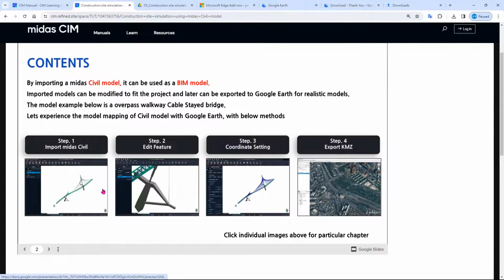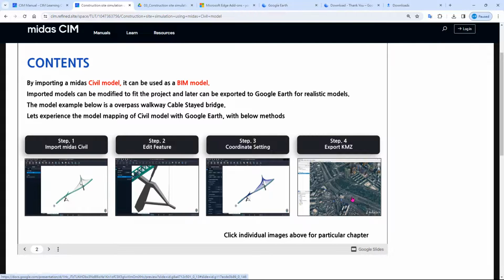And after that, after you have the model, you can edit some of the features. So maybe if there are some sections with different area, and it is not tapered, you can merge them, you can edit them with the tools that we have. And then the third one, in the sub base, you will enter the coordinate that you want to exchange in the Google Earth.